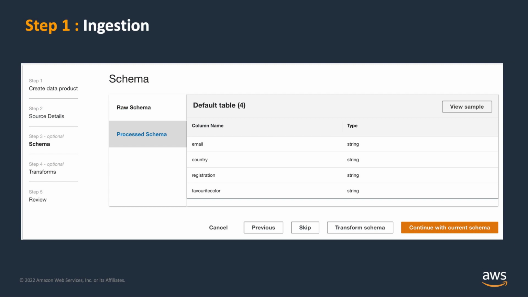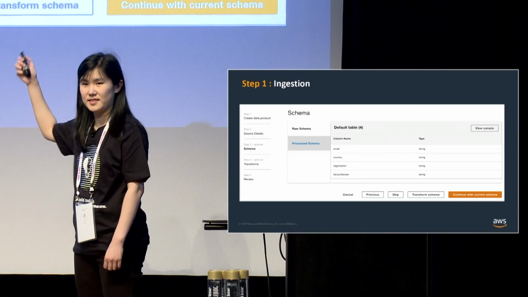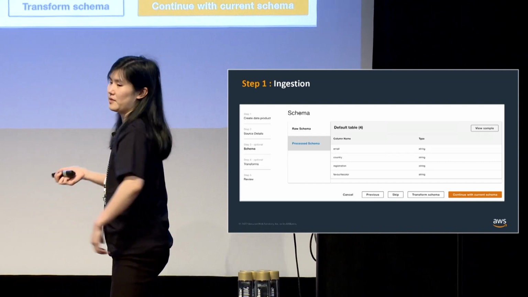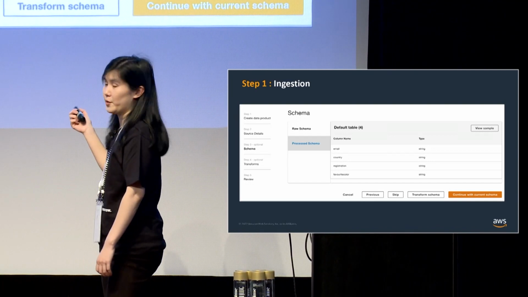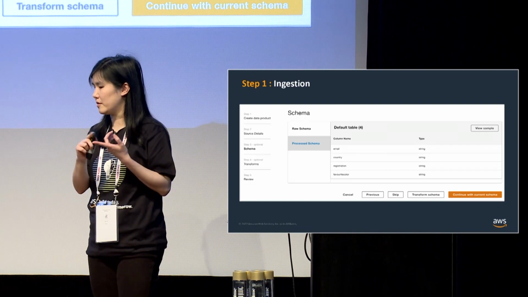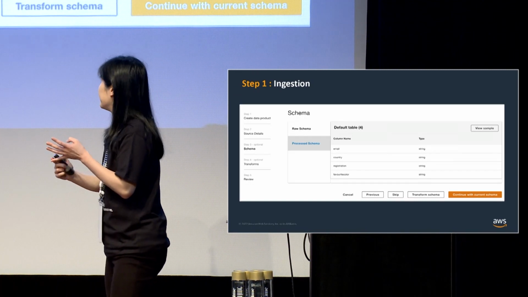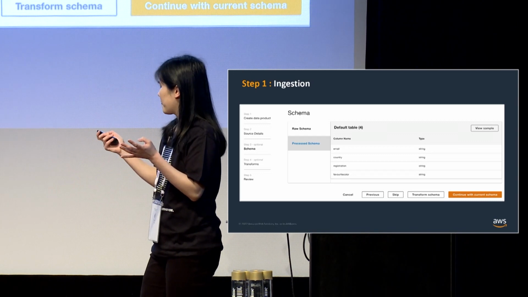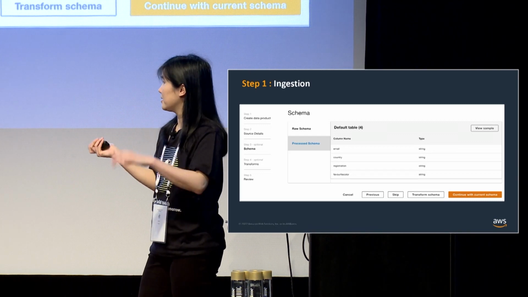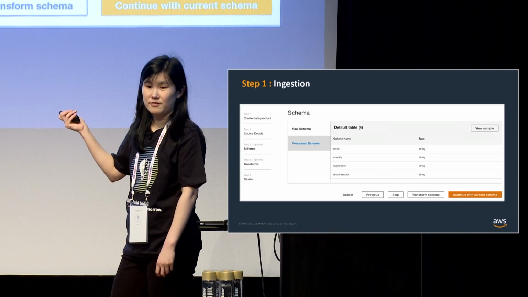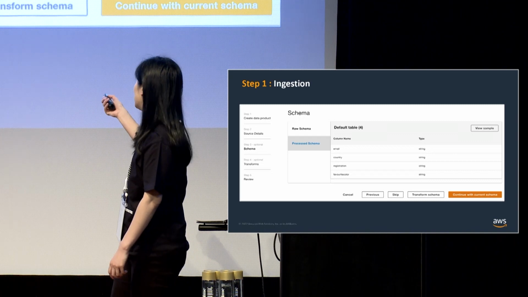You've loaded your data, you've uploaded your file. I've picked my file, dragged and dropped it. The ingestion phase gives you a schema preview. This is Ada processing your data, going, this is the schema that we've worked out from your CSV file. We've worked out that you've got email address, a country, a registration, and a favorite color. And all good. Now you could take it as it is, or you could do a bit of transformation. If you remember, registration was a date, and it's come back as a string here.